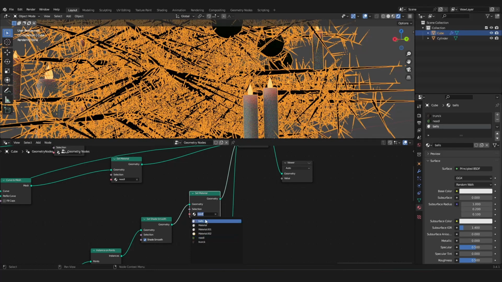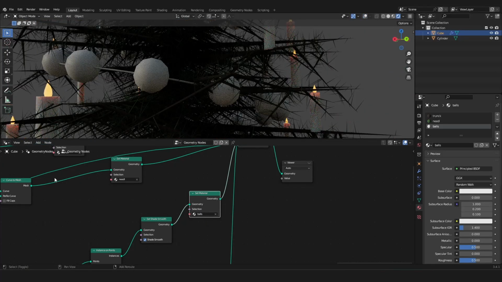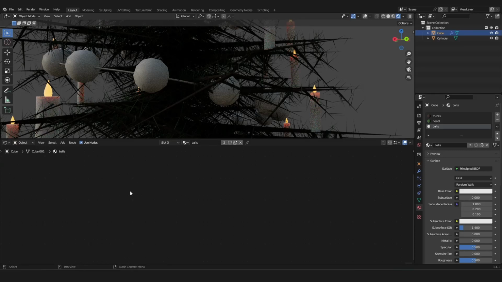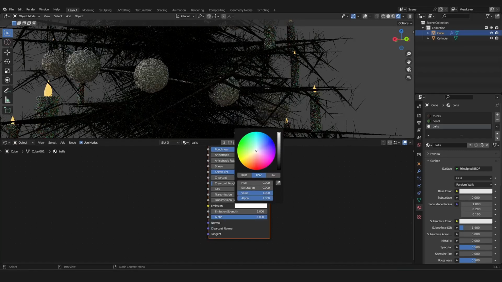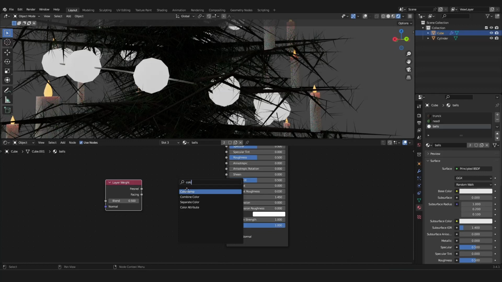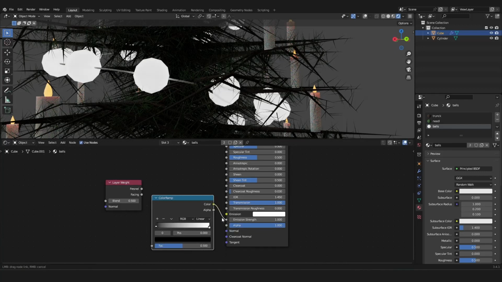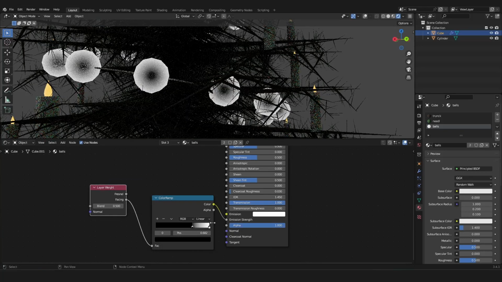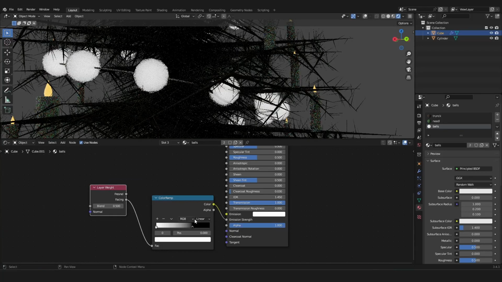And let's use it here. And on those balls, we want to have, of course, emission because they are lights. And we want to have a layer weight node that controls the amount of emission. They should be transmissive. And we want to have the facing, and I want to flip the whole thing around